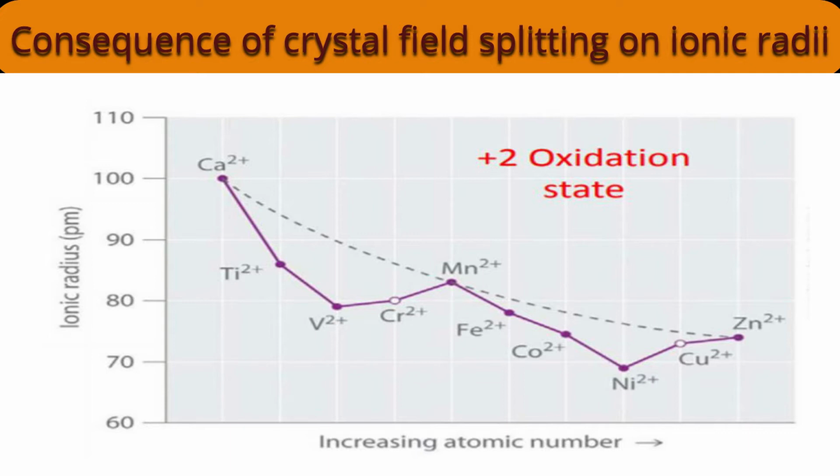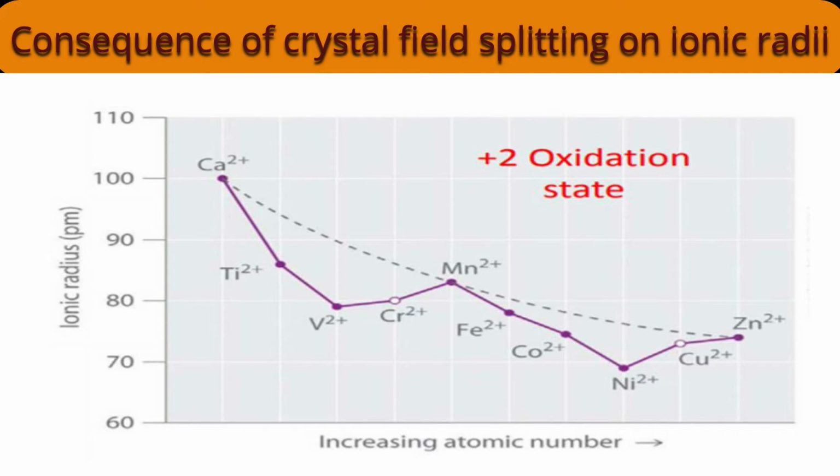Even tripositive metal ions we can explain. And for the sake of brevity, I am considering first transition series metal ions. As we move from left to right, as a general sense, ionic radii decrease. So from scandium plus 2 to zinc plus 2, or right from calcium if I consider the d0 system, to Zn plus 2, d10 system, with increase in nuclear charge, size should decrease, so a continuous decrease is expected.